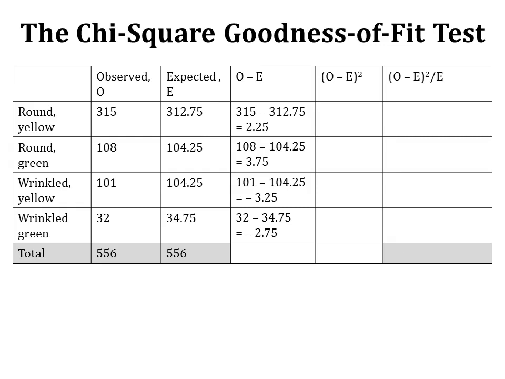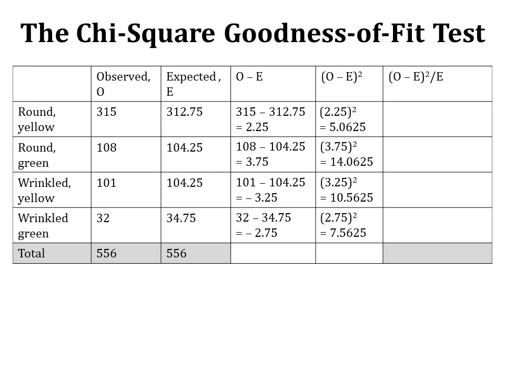And the difference between the observed and expected frequency of wrinkled green is 2.75. And what is the next step? To take the square of these values: the difference between the observed and expected frequency of round yellow, the square